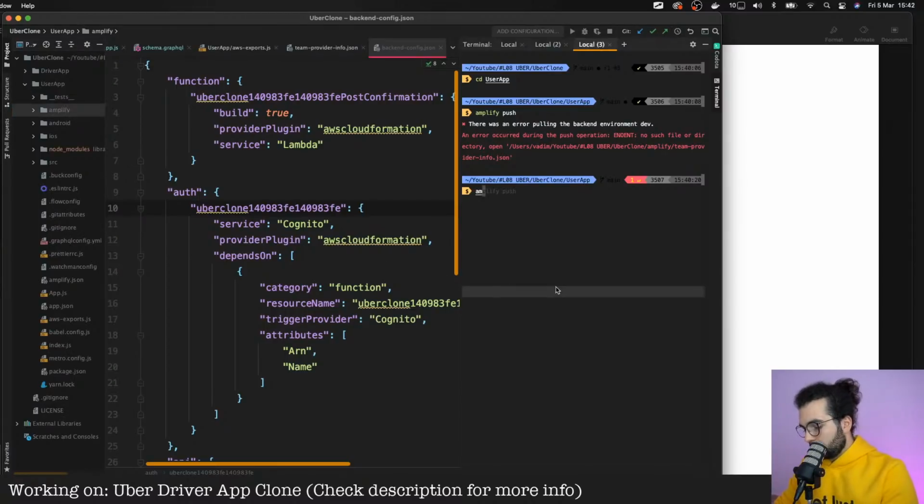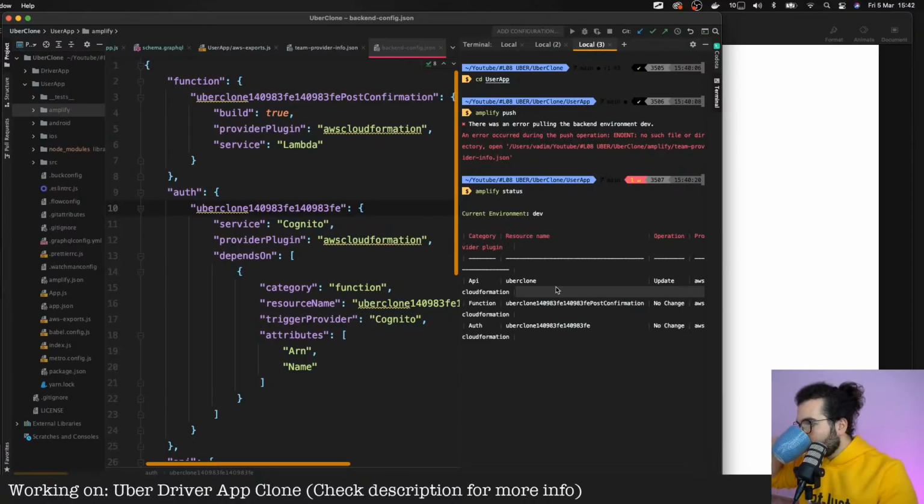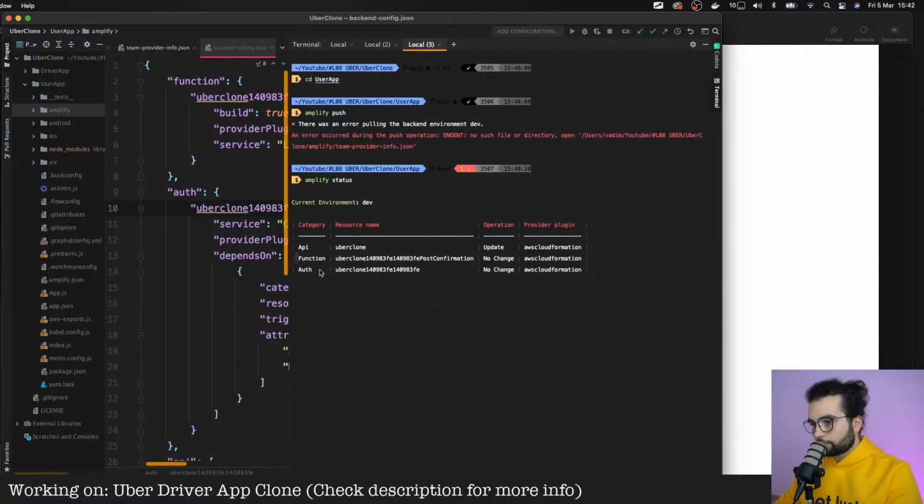Let's do amplify status. API update. Yes. And why I don't want to update? Amplify push. Is it amplify push? Yeah, I think so.